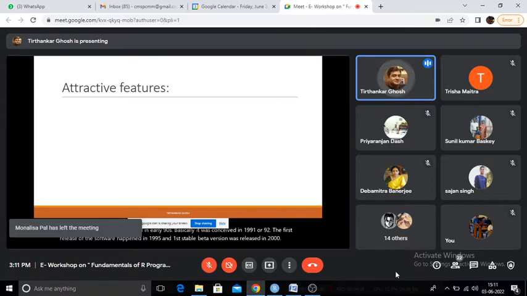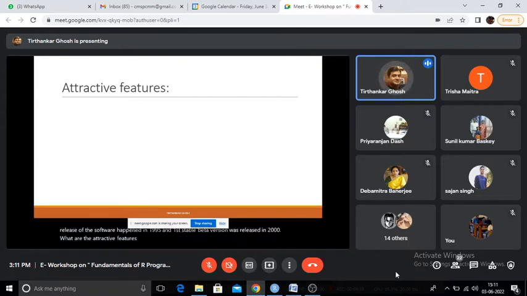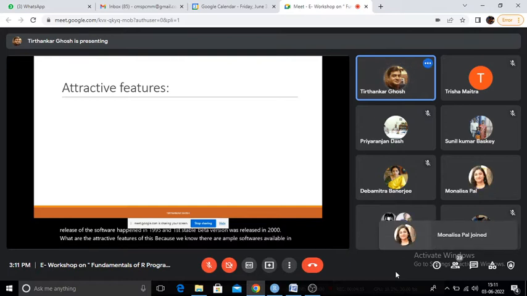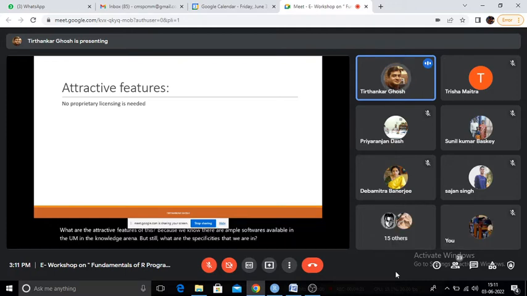Now, what are the attractive features of this? We know there are ample softwares available in the knowledge arena, but what are the specificities that we are considering? Firstly, and most importantly, for people like us, where money is a big factor, there is no license problem.